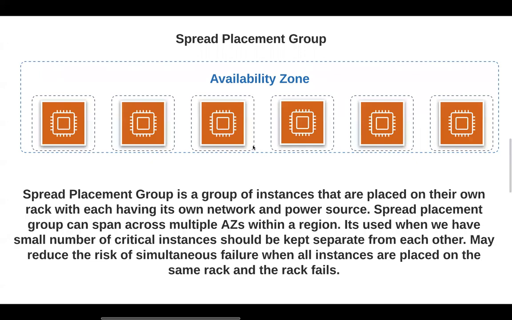So in that way, you can place your EC2 instances across multiple different racks, where in the spread placement group, they have their own network and power source. So consider this to be a rack within which you have an EC2 instance that has its own power source and network capability, right? Just to minimize your failure. Okay, so keeping this in mind, let's go to the next one, which is called the partition placement group.